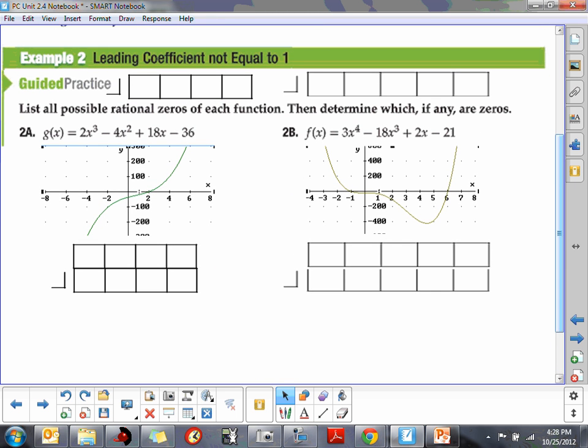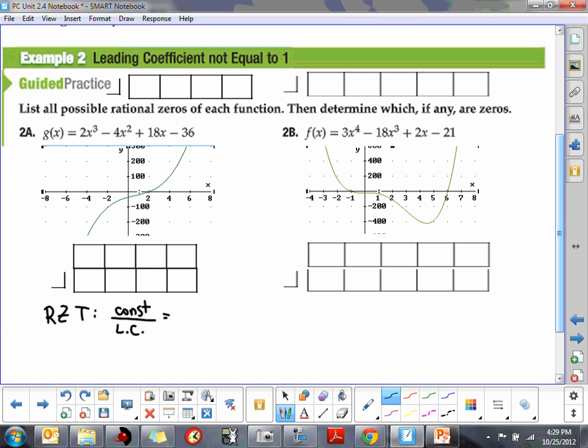But since we get to use our graphing calculator and we can use that to help narrow down the search, the rational zero theorem becomes a little bit more obsolete, but we're going to stick to just the flavor of the rational zero theorem here just a little bit, to describe to you what happens when that leading coefficient is not a 1. So remember, we always want to put the constant factors all over the leading coefficient factors, and then